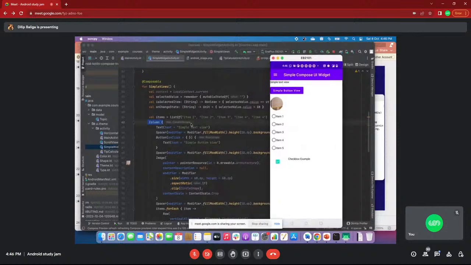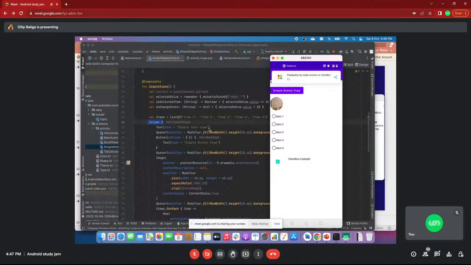See, the first view is a Text view. You can see here, in real time I am showing text. Text creates the text, text equal to whatever the text is. Spacer, I already mentioned. Spacer means if you want a gap dividing that view, you can specify it with the modifier.